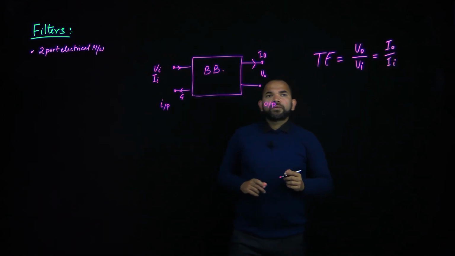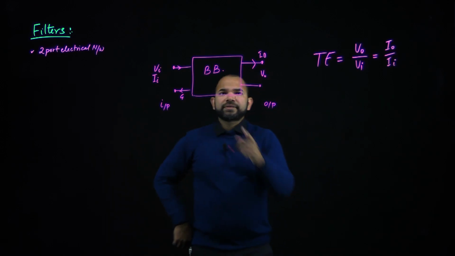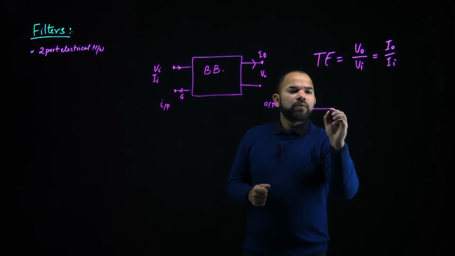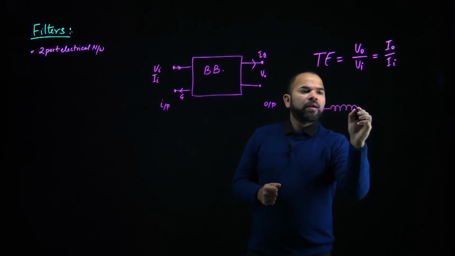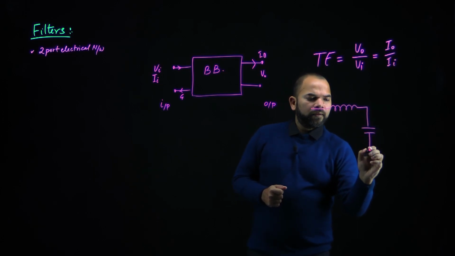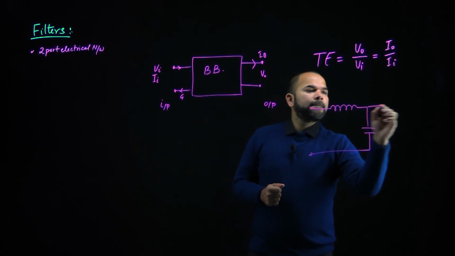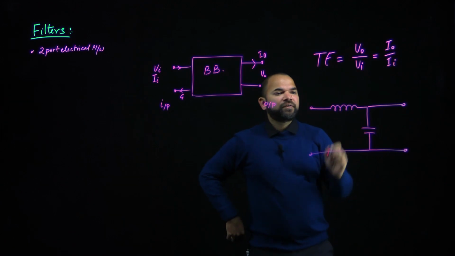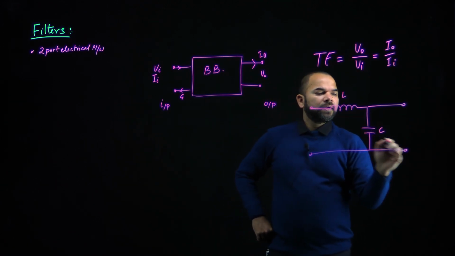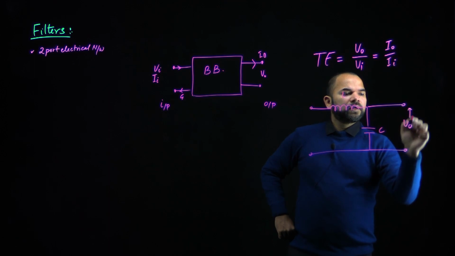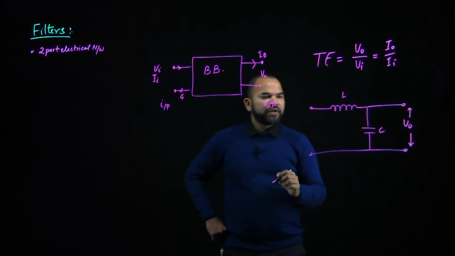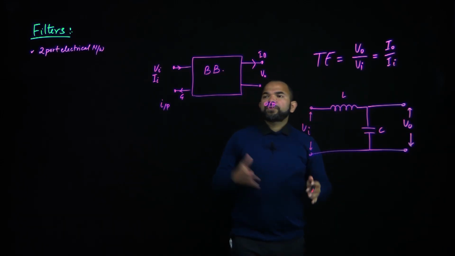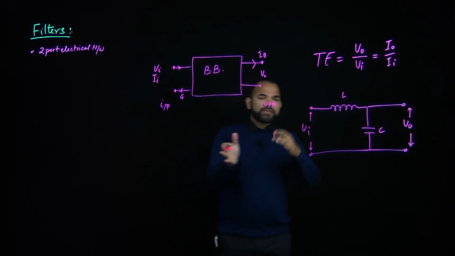Okay. So let's take an example for simplicity. This is like a black box. So let's have a 2-port network, very simple 2-port network. So this is a simple LC network. This is L, this is C, and we want to measure or calculate or evaluate the transfer function for this network. Suppose we are working with the filters in frequency domain, so let's convert the whole problem into